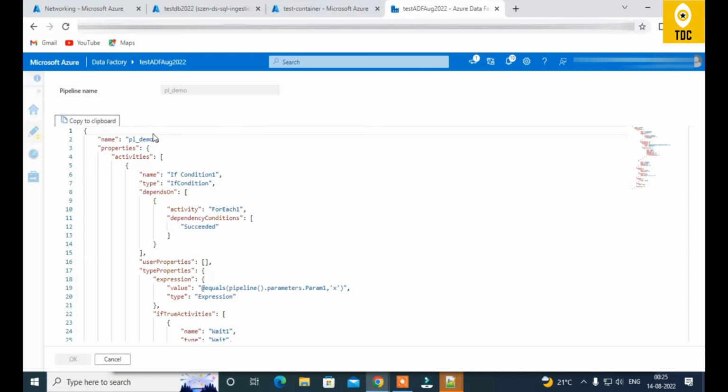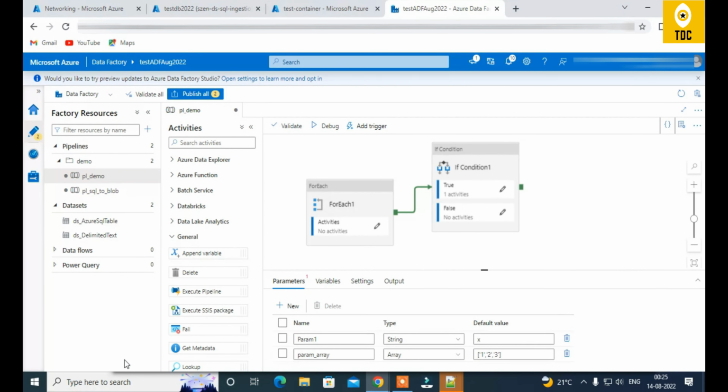So this code will be converted into something called an ARM template, Azure Resource Manager template, and that will be used for the deployment. So your Data Factory code in the background will be maintained and deployed in the form of JSON. Hope this is clear. So this is very important